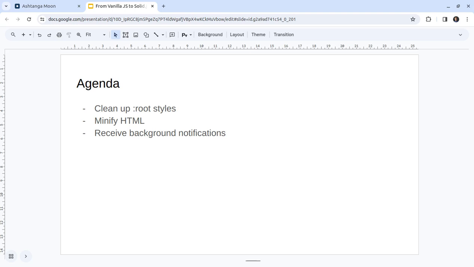I'd like to minify the main HTML template to save some space and reduce the amount of information every user loads. And also I'm going to make it possible to receive background notifications